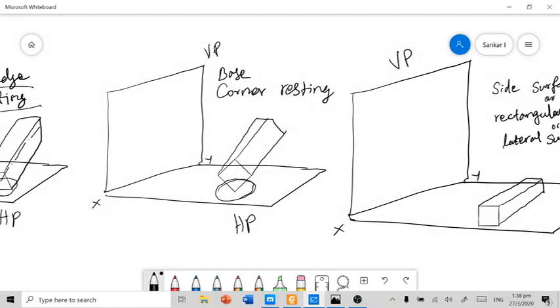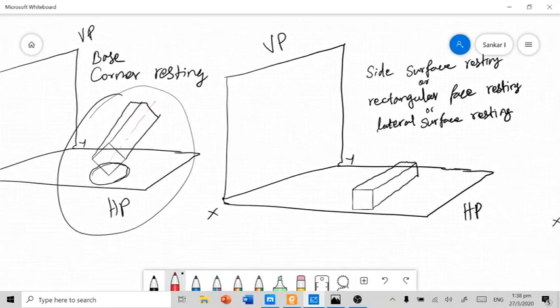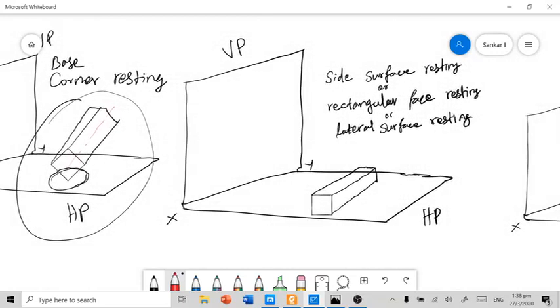In that condition also, as per the diagram shown here, the axis is parallel to VP and inclined to HP. And the next case is the solid resting on HP by its lateral surface.